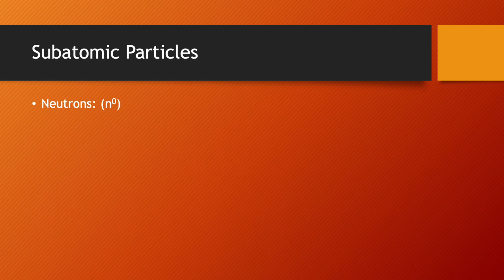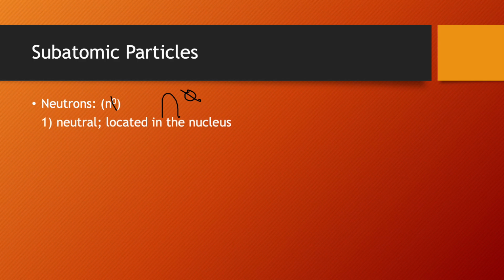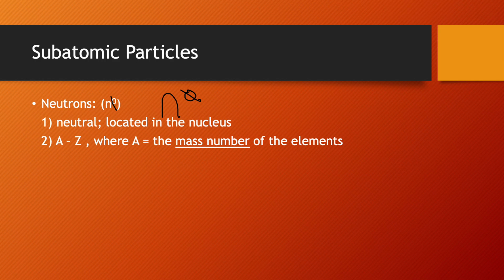Next, we're looking at neutrons, and this is abbreviated N with a little null sign. Let me write it a little bigger. I can't write that small. There isn't a charge on the neutrons; they are neutral. They are located inside the nucleus. To find the number of neutrons, you would take the mass number minus the atomic number. Remember that A is representing the mass number, Z is representing the atomic number. Mass number, again, if you'll just recall, mass was protons plus neutrons